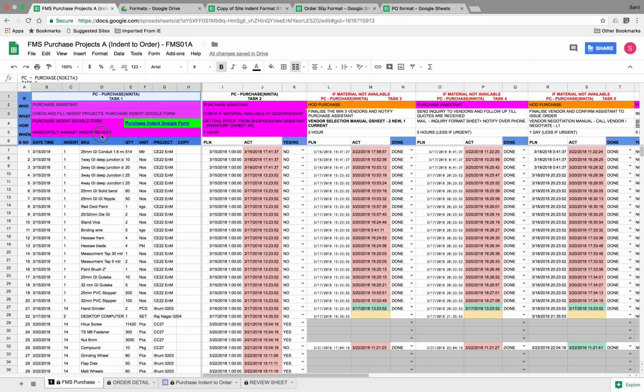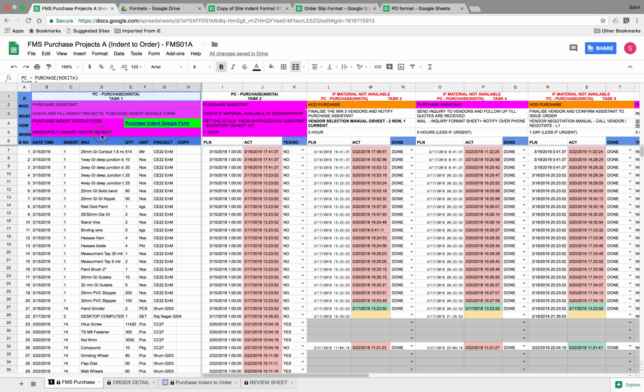So what will basically happen is the purchase assistant will take the indent to the HOD purchase, or the purchase assistant will open the database herself, select a few vendors, minimum 3, out of which one vendor has to be the current vendor to whom the previous orders for the same item were given, and minimum 2 new vendors have to be selected to which the previous orders were not given. These vendors can be from our previous database to whom orders might have been given previously,